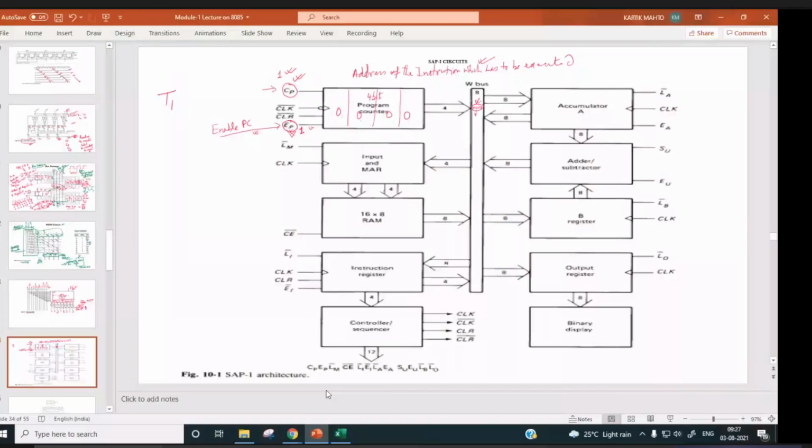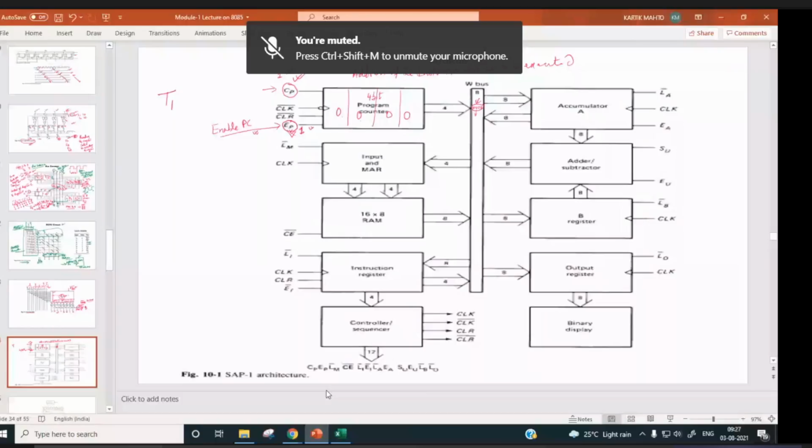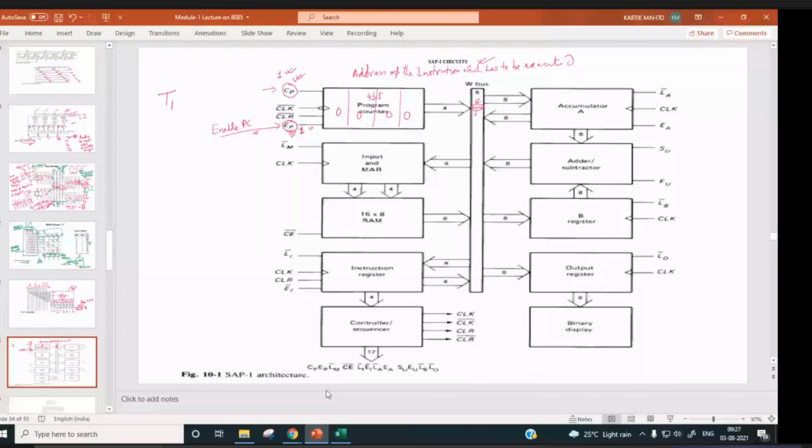Now where will our instruction be? Our instruction will be inside memory, because when you save your file, whatever program you write in, say, Turbo C++, after writing your program, you save it in the memory. So our program will be inside memory. So where is our memory?